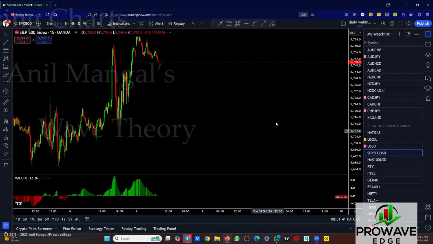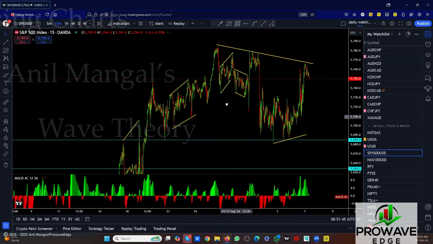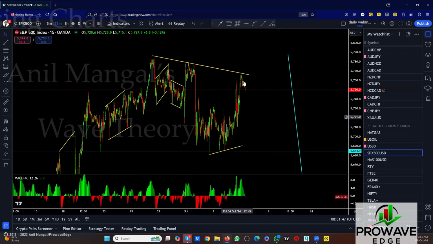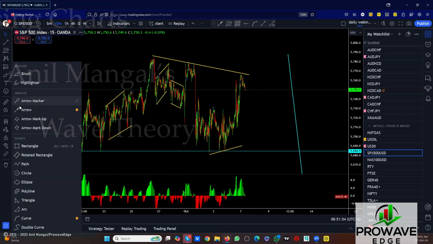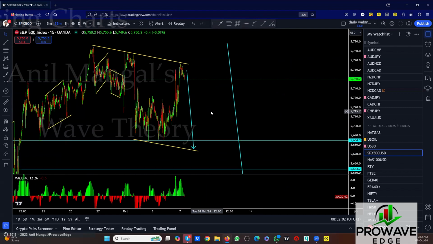S&P 500. This can go more. This is very, very corrective. So I think we'll drop one more. I can see dropping one more, just one more, but probably drop within this, right? Just drop one more like here. Make something like this, and then go back up. So it could be a series.